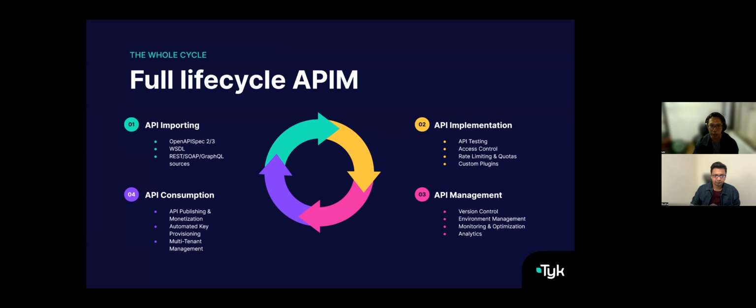You probably know Tyk more as an open source API gateway. If you were to search for open source API gateways, or Tyk itself, from the Gartner Magic Quadrant, you find us right on the Magic Quadrant as a full lifecycle API management provider here.